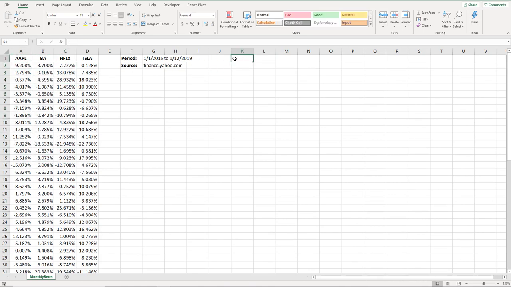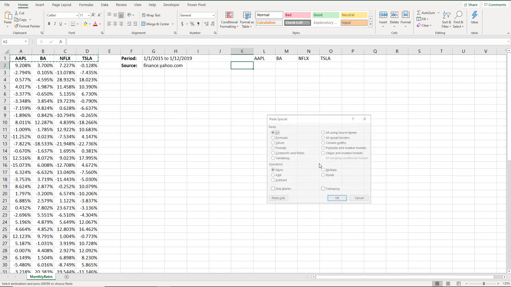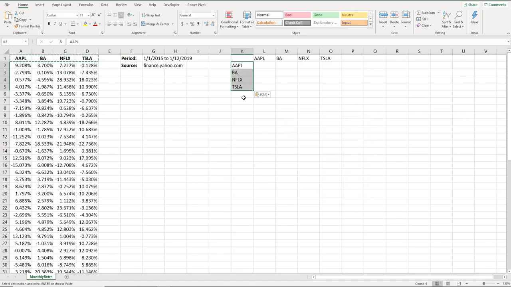So let's say I'm going to compute the covariance matrix here on this area. I'm going to copy the stock code and paste the value. And then here, I'm going to copy the values as well. But before that, I'm going to go to Paste Special. Under Paste Special, I'll click on Values and then Transpose it so that it's transformed into a